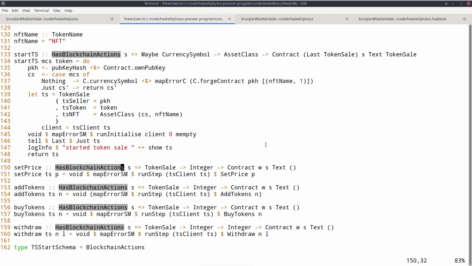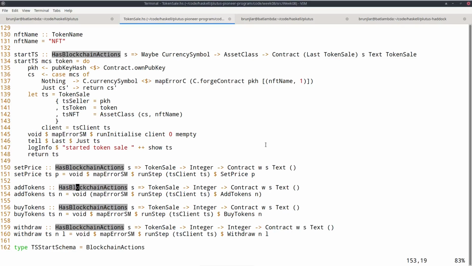So for example, for setPrice, I need the token sale argument to identify the correct contract and the new value of the price. And I just use runStep with the client and then as redeemer SetPrice with the provided argument p. And I just wrap that into this mapError to convert it to text error messages, and I ignore the result.